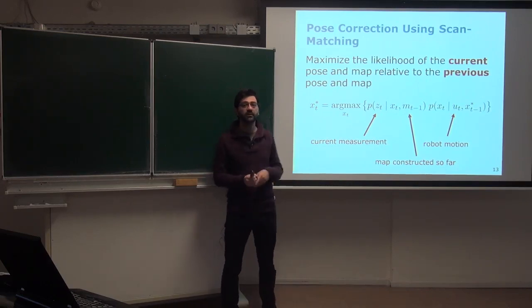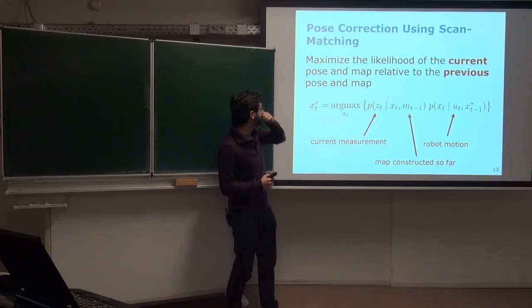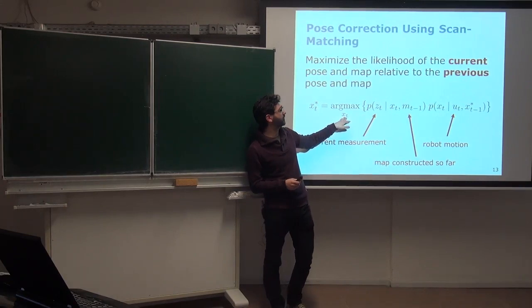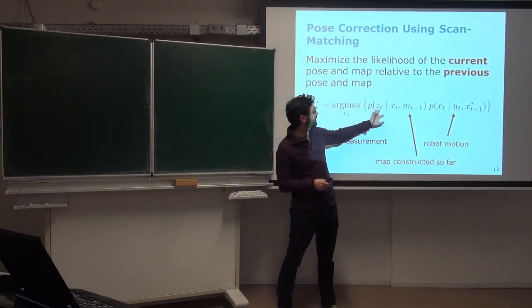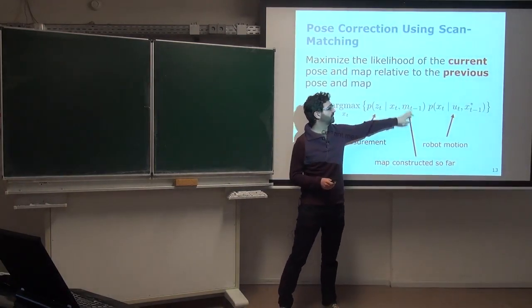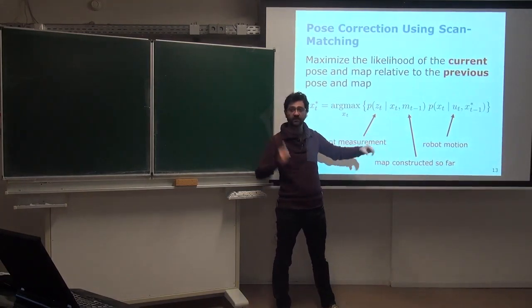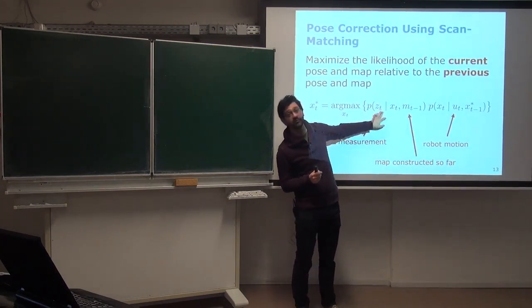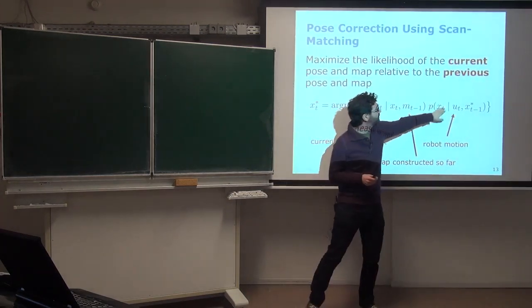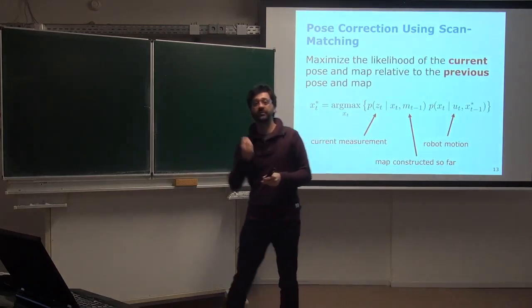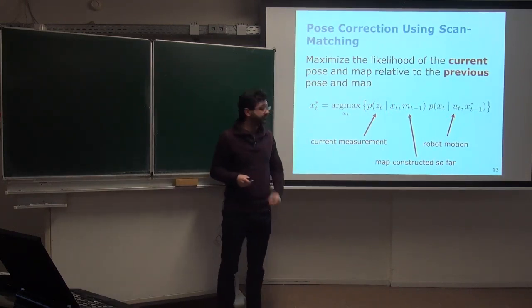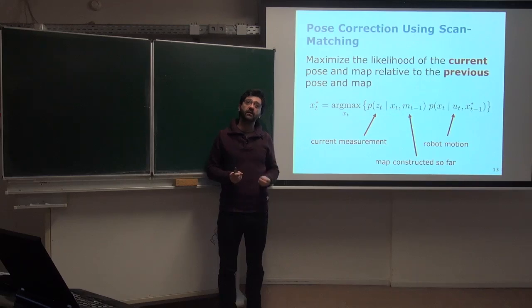We're going to explore them later on in the lecture, but here what we try to do is find the maximum value of the robot pose at time t, such that it maximizes the likelihood given the map that we have so far. You can imagine it can be composed out of one scan, the pose that we are trying to find, the observation we have right now, and also considering the fact that the robot moved from the previous pose, okay? So we get the maximum a posteriori estimate for this pose, xt star,